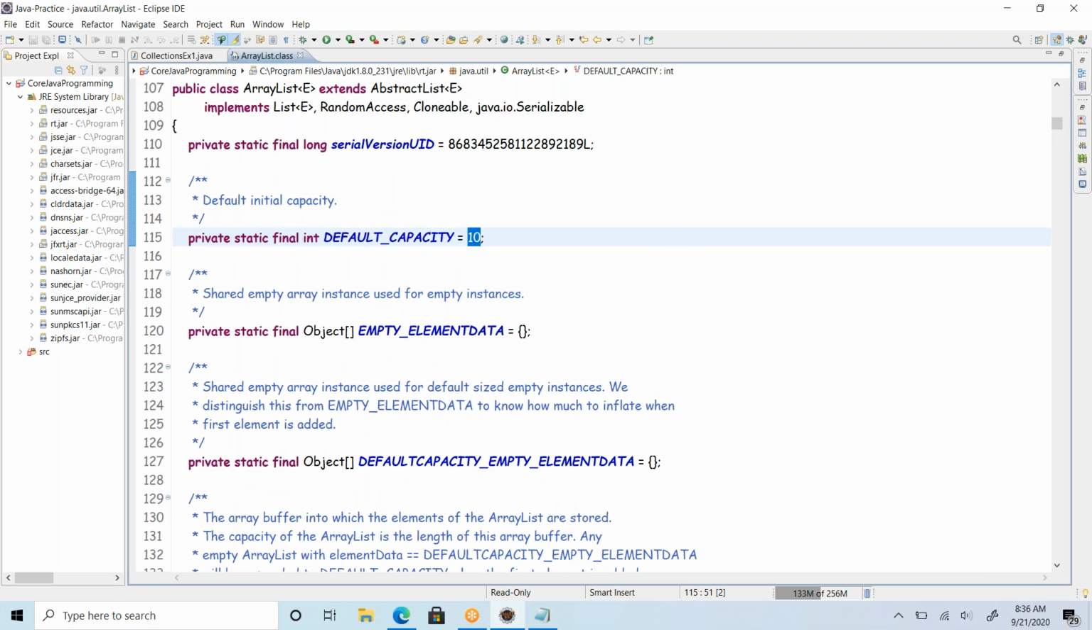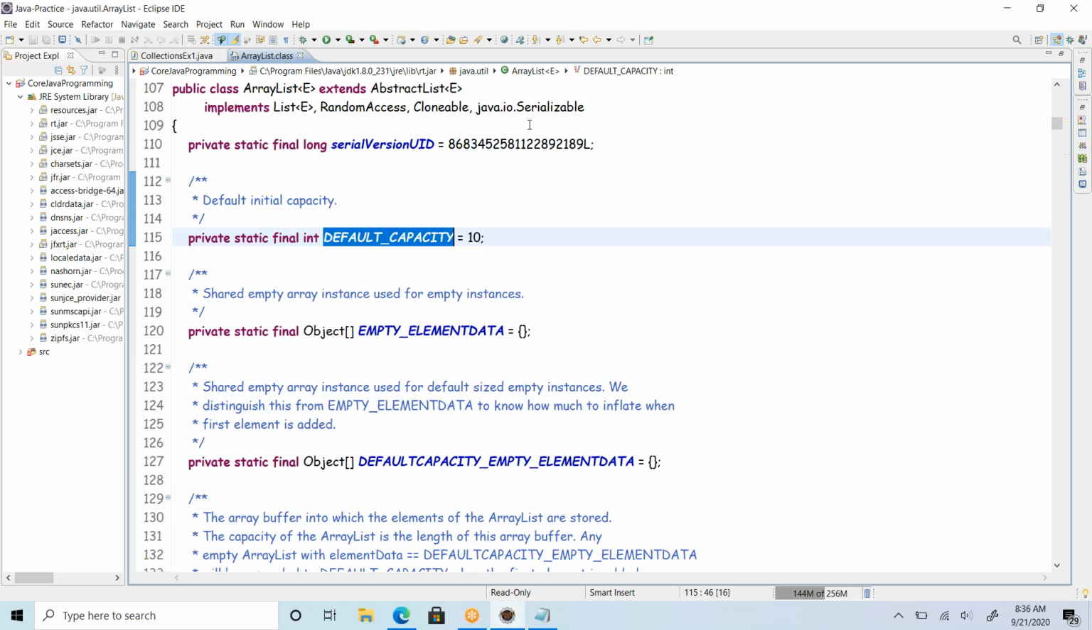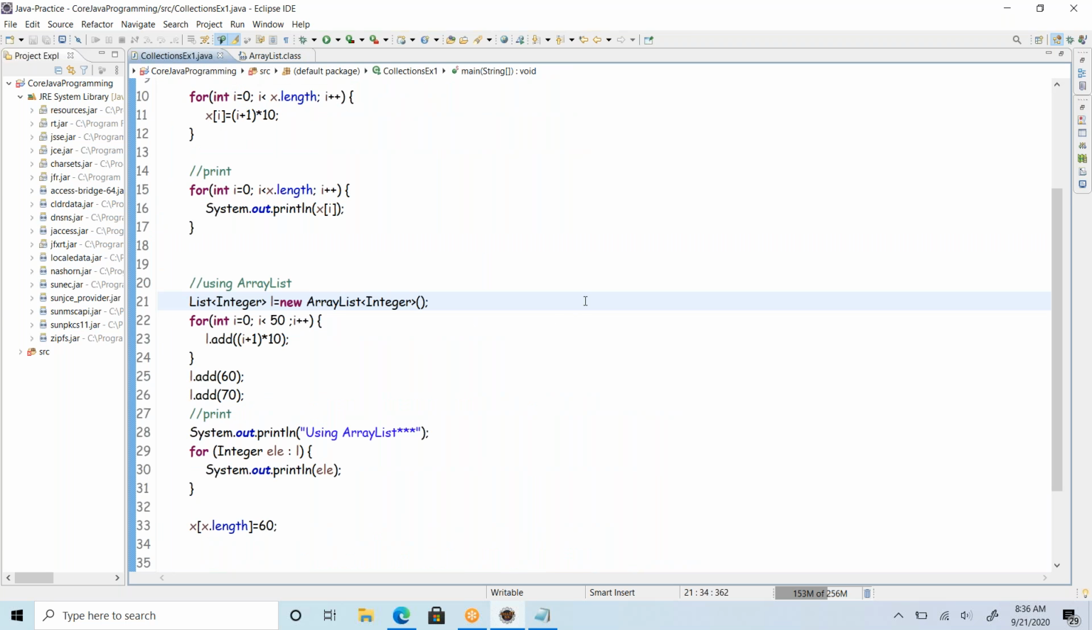What is the default capacity? Default capacity is 10. This default capacity will be used when calculating the capacity to change. Default capacity is 10, meaning that it creates contiguous memory blocks for 10 cells, to store 10 values, 10 objects. When you try to add the 11th object,